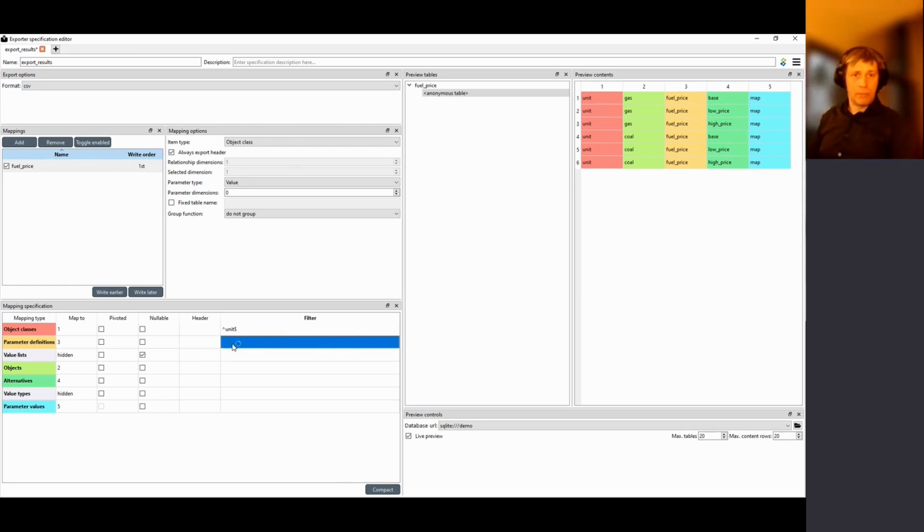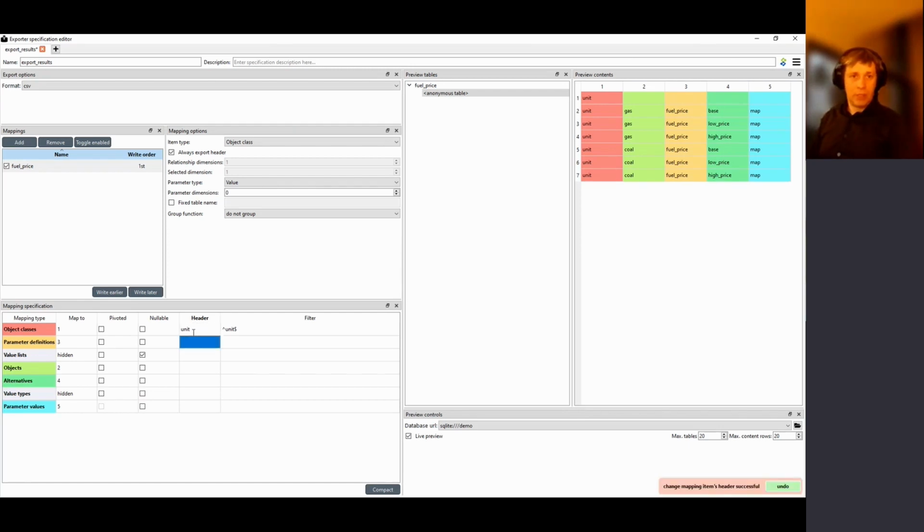So I could just write unit and it would work, but I put the additional things here to make sure that if I have more stuff there, it will not take unit class, for instance, here in the filter. I want to have a header row, so unit, and then I'm filtering only the fuel price parameter,